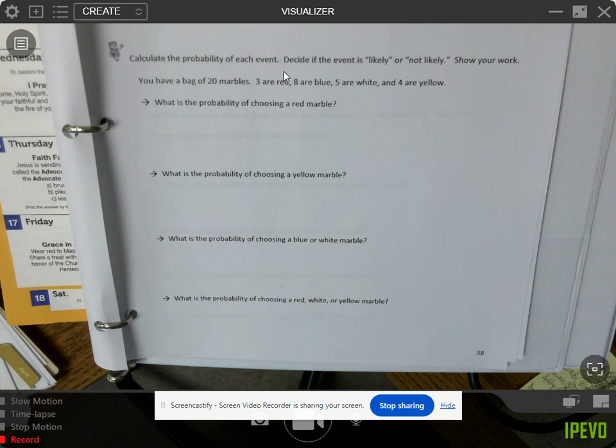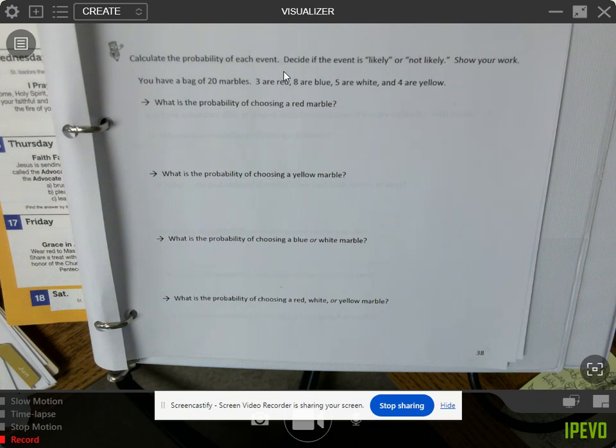3 of them are red, 8 are blue, 5 are white, and 4 are yellow. What would be the probability of choosing a red marble? So what I want you to tell me is what our fraction looks like. What is our desired